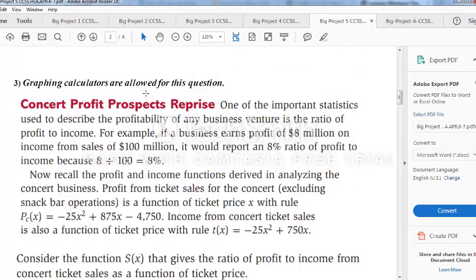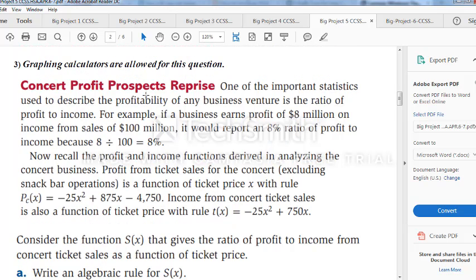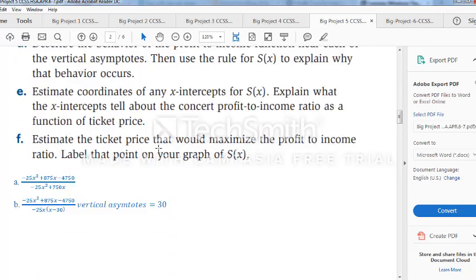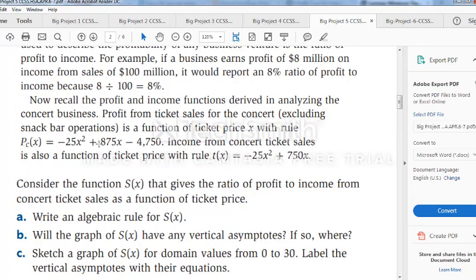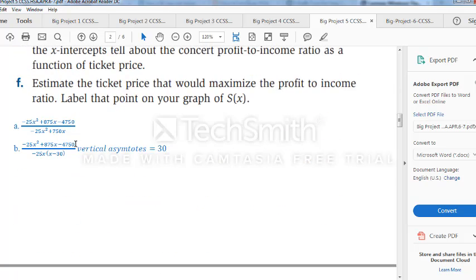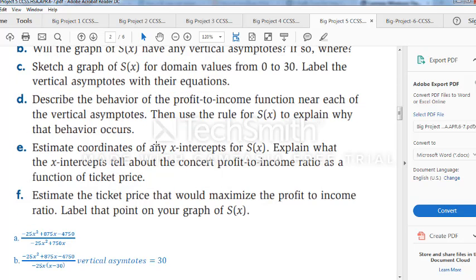Okay, so in this one we have to find the profit. So we have to find 8%, 8 divided by 10. We have to find 8% of it. For example, in number 1, it asks us to find the algebraic rule of x. So it will be the function and the profit, I mean the price and the ticket price, the income that we want to see. So just divide these two together, and after that we want to find the vertical asymptote, which is 30. We can divide this by this,